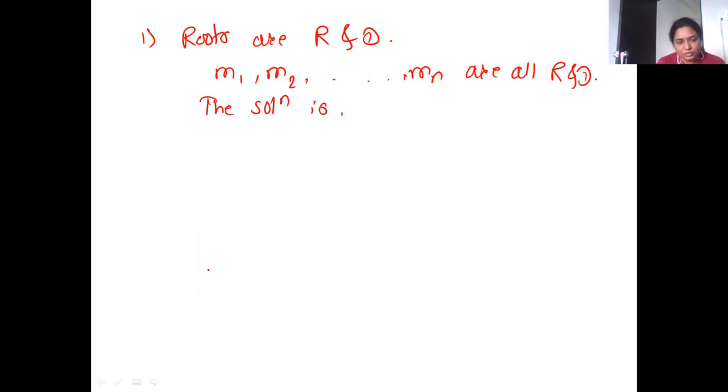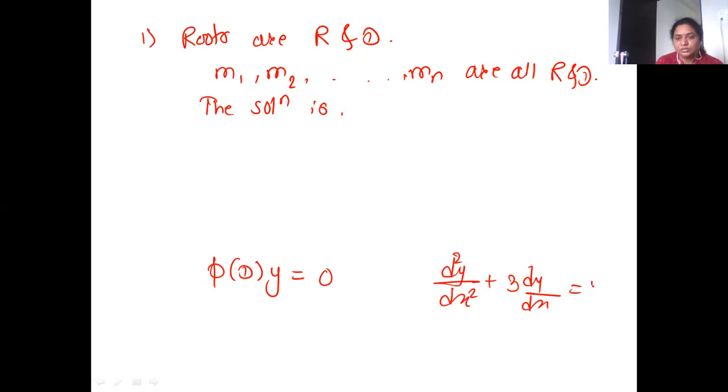Okay, once again, one question. f(D)y is equal to 0, we are solving f(D)y equal to 0. D is nothing but d by dx, right? So say d2y by dx square plus 3 dy by dx is equal to 0. If we solve this equation, any equation, my question to you is, how is its solution? What is equal to what? Solving means what? Obtain an equation. So which equation?